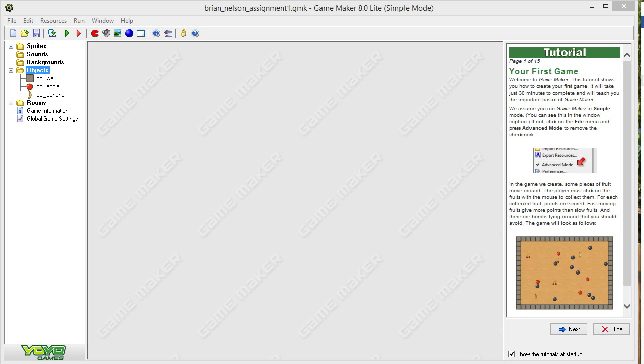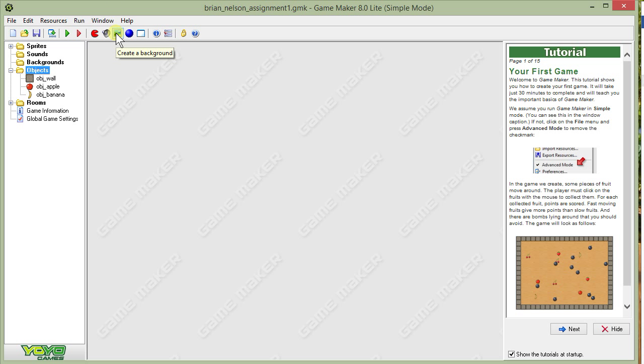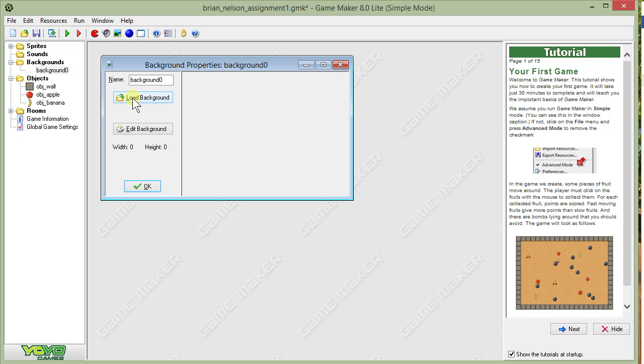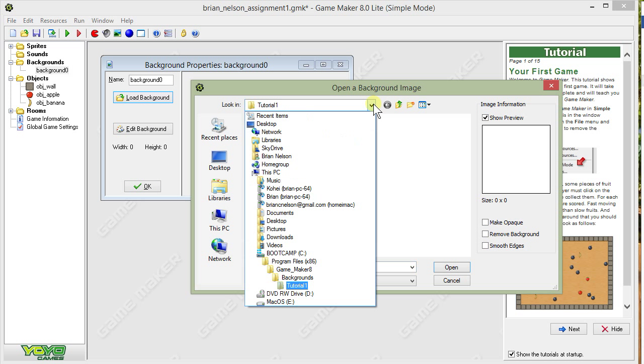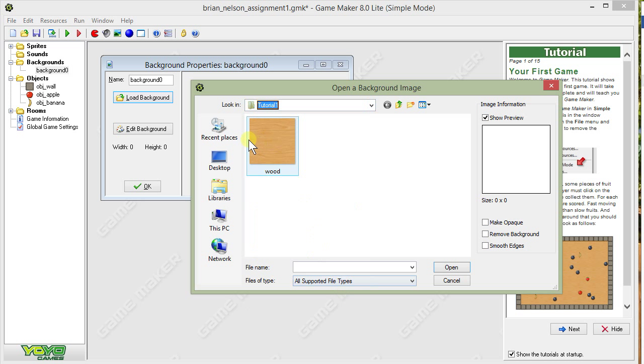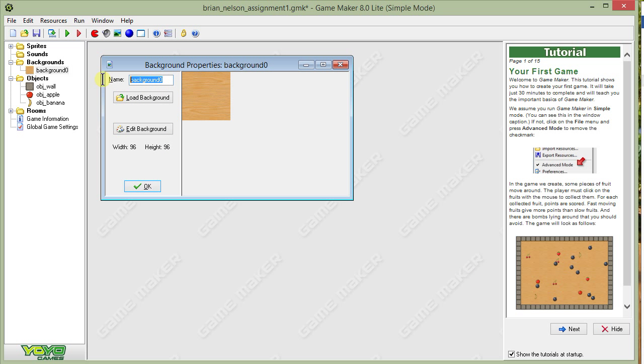Okay, for the next step in this project, let's add a background image to our room to make it look a little better. If you go up to the toolbar, look for the background icon, create a background, click on the load background, and if you go into GameMaker 8 backgrounds, you'll find the tutorial 1 folder, and click on the wood image. Say OK, and following our naming scheme, let's give this a name. I'll call it back_wood,